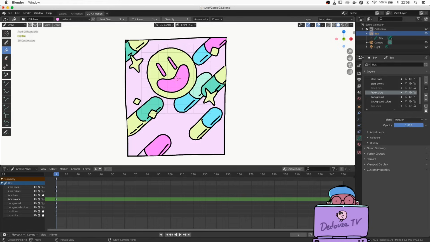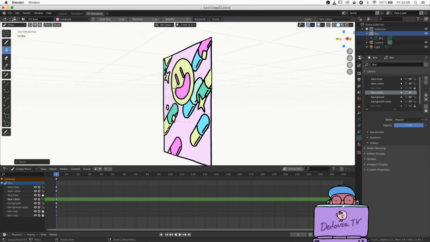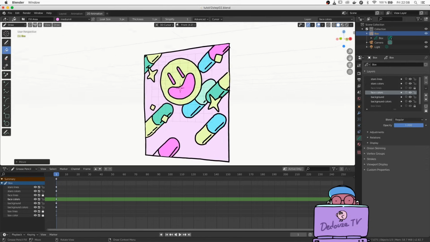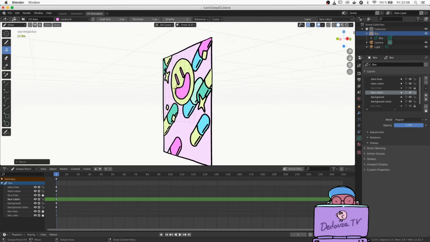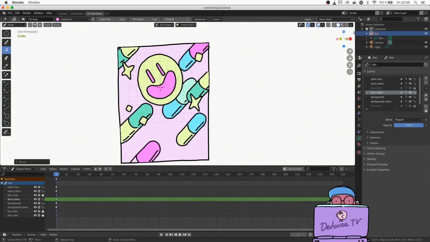We can go to the next step. We're going to add some volume to our artwork. We're going to draw in different places in space now, so we press numpad 3 again to switch to the side, and we move the 3D cursor to the front with Shift right click here. The front is on the left from here. Now we rotate to check the perspective, and the 3D cursor is floating in the front. Everything's okay. This is where we're going to draw some floating elements in front of the box.